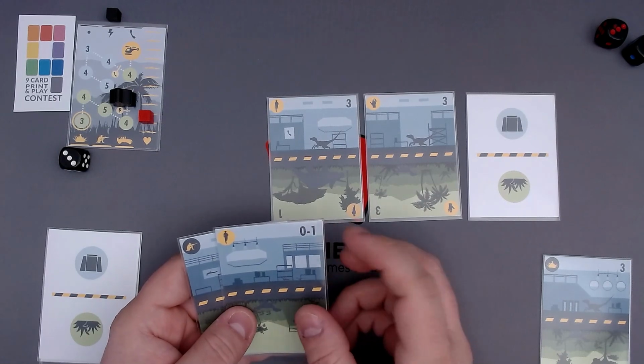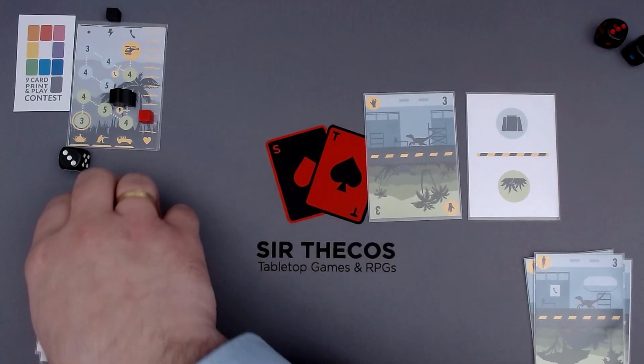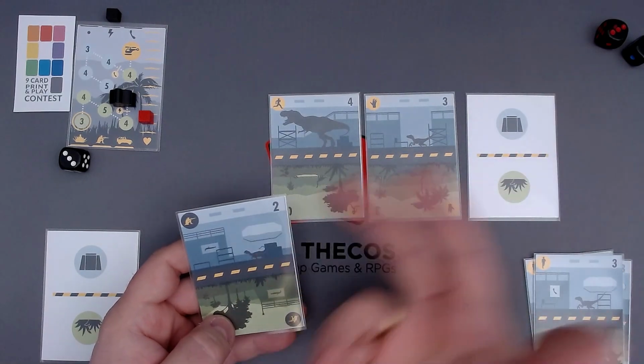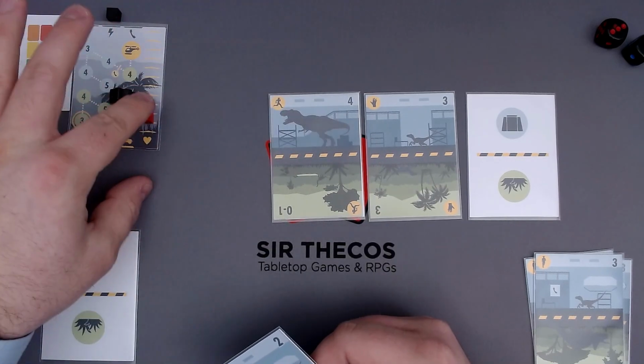And that is the Escape action again. So I will use that one. So this one is discarded, and we will put a new one here. Then I will do that, and that's it. Because if I do no action now, which I have to do because I don't have anything, then that T-Rex is